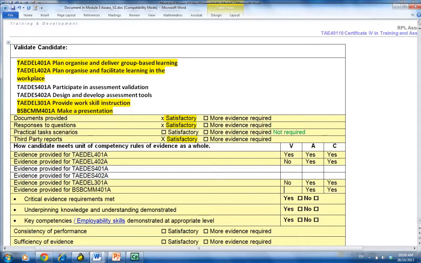Actually, I might rethink that, because we did get evidence of her providing professional development to her peers. Remember, there was that evidence there. I think we might be okay with that one, actually. All right, and you know, she had roles as deputies, etc. So yeah, okay, we'll allow that one. Evidence provided for the last one, BSB, which is make a presentation, yes. So that's all fine. So far, 3 out of the 4 are working in her favour, but we've got to